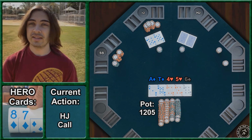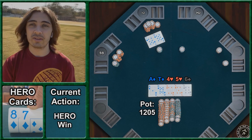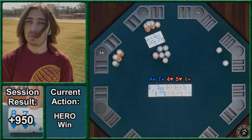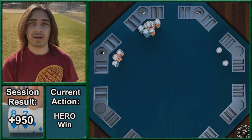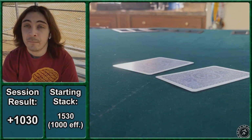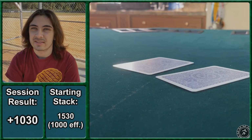We table our hand and he mucks. I can only imagine he must have had something like ace 10 or some other possible 2 pair, thinking that, or really hoping that we have ace king, but we win an absolutely massive pot here, and we are just absolutely dominating this table. Taking a little break here on the bleachers to bring you the next couple series of